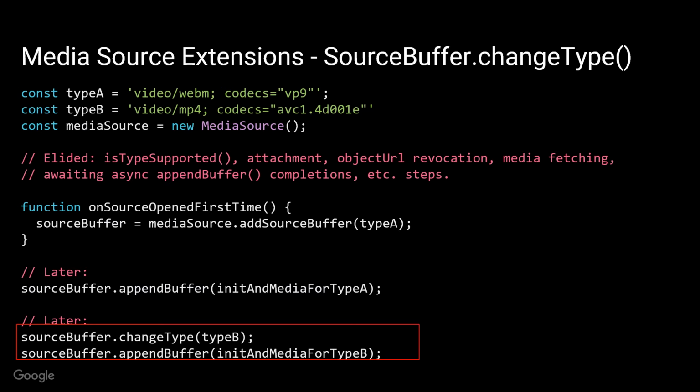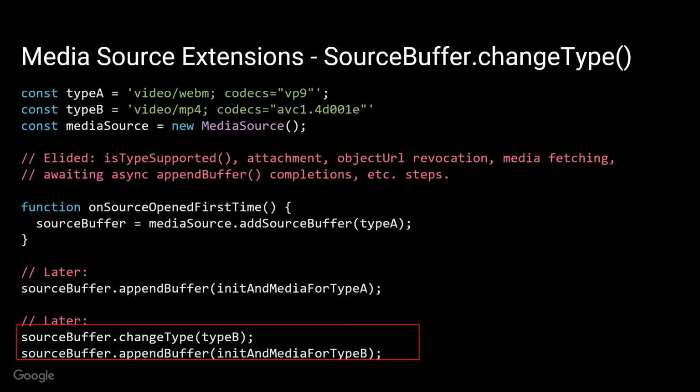Change type lets you tell MSE that upcoming appended media will be for a potentially new byte stream format or codec. Like the existing constraints on MSE appends, change type has similar ones. It requires that an initialization segment be appended next before a media segment of the new type, and that the initialization segment satisfies the usual constraints, that it has the same number of each type of track, be they audio